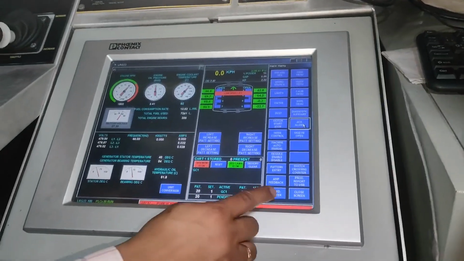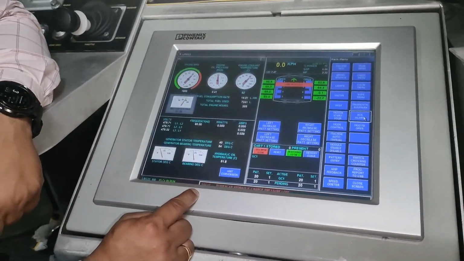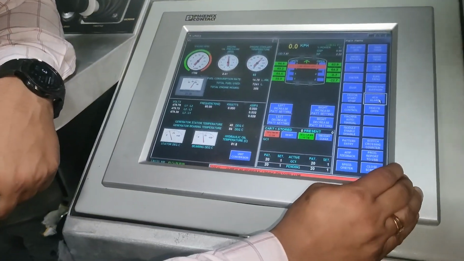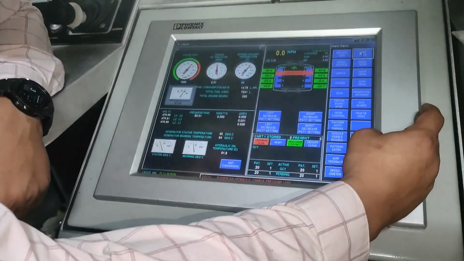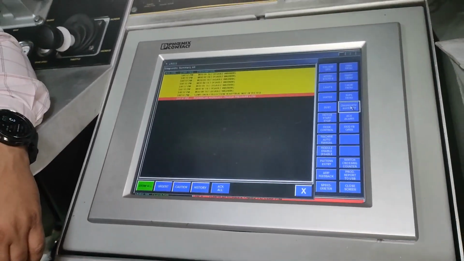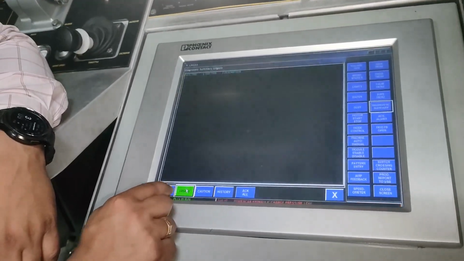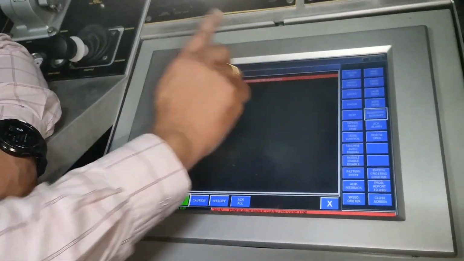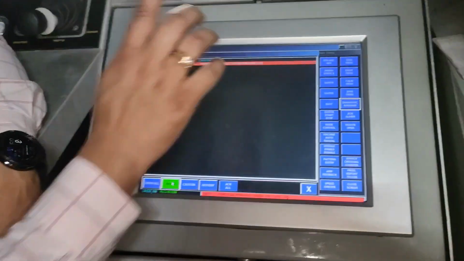If I want to see all my alarms, where do I have to come? Acknowledge summary. Yes, alarm summary. Same thing, diagnostic summary. If I want to see only my urgent alarm, only the urgent alarm comes in red color, that is power car hydraulic carriage pressure low.